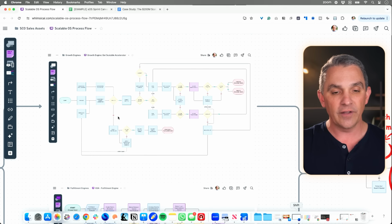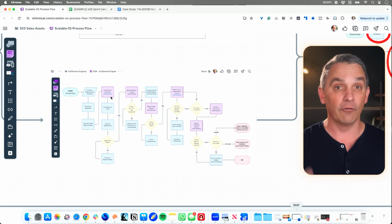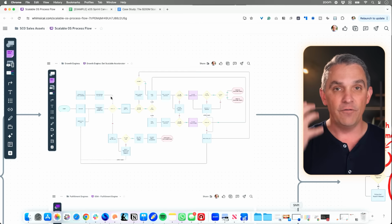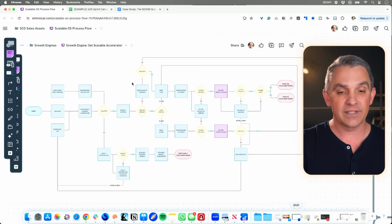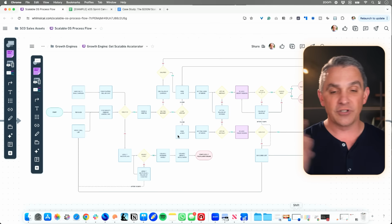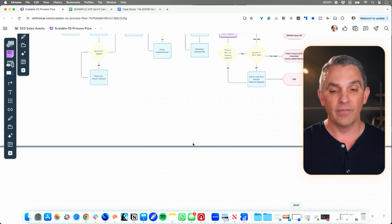So there's a growth engine that shows how customers happen. There's a fulfillment engine that shows how you fulfill upon the customers. And these visual descriptions, these visual flow charts of how your business works, this really is the first step. Don't worry, I'll have a totally different video on that one. I'm not going to leave you hanging here, but just know that once you have these done,